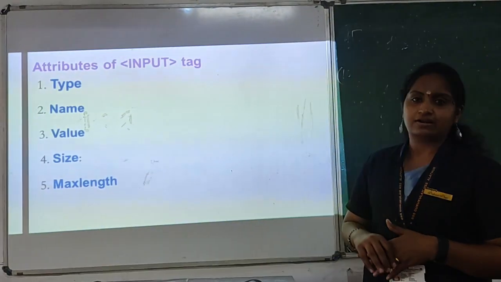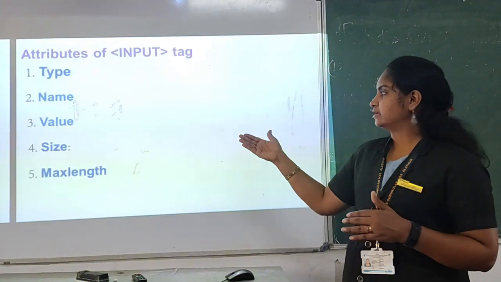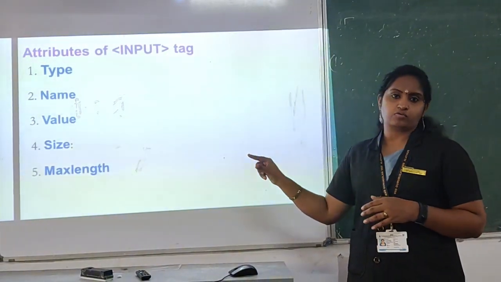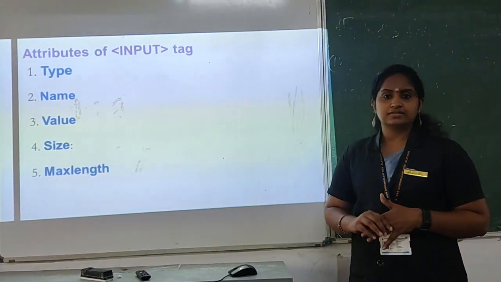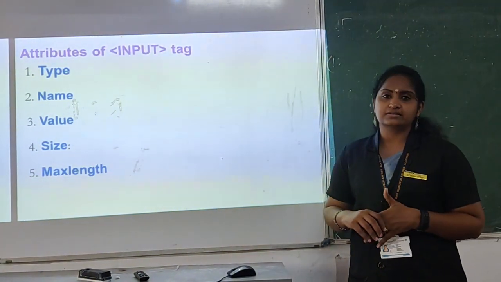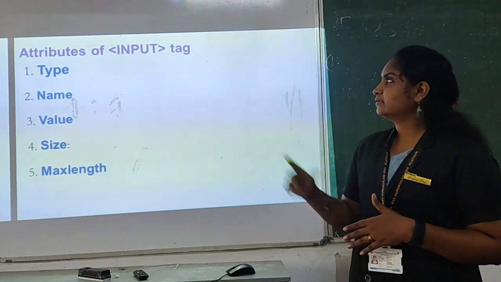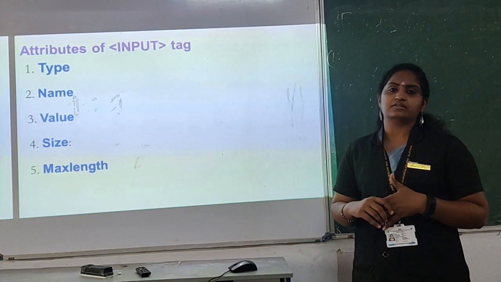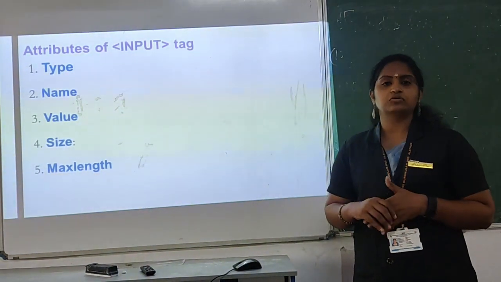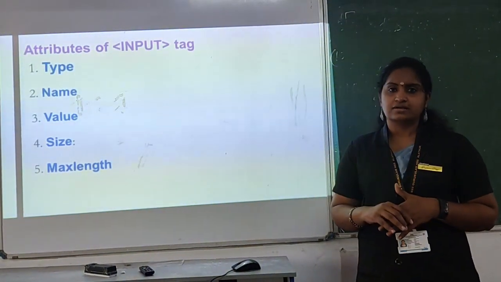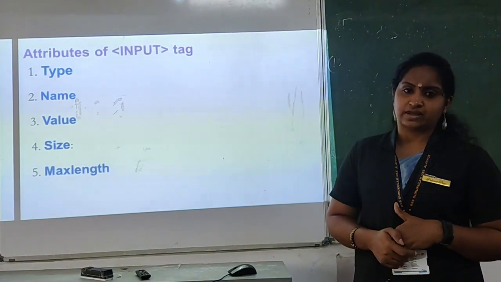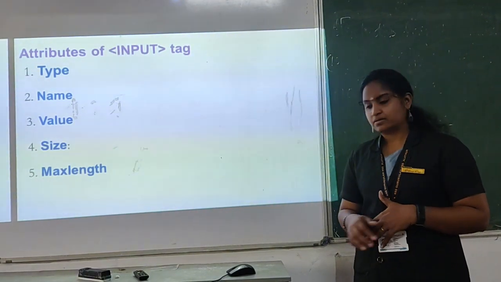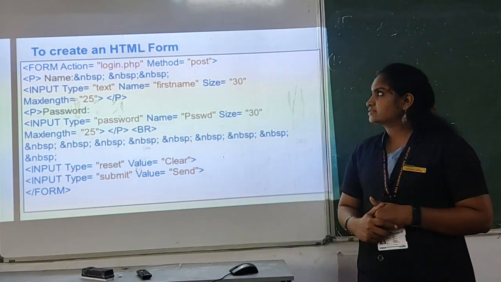Okay. And another one is value, if it is a text box or anything. And size: if you are giving, for username, 25 characters or so, that content is known as size. And the maximum length: if you are entering a password or anything, you have a maximum length. You have to enter only that much content. So such an attribute is known as maxlength, which is included with the input tag. Clear? Okay.